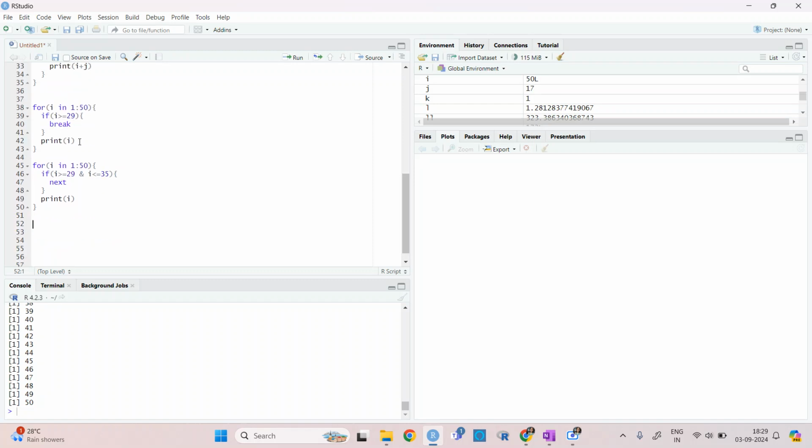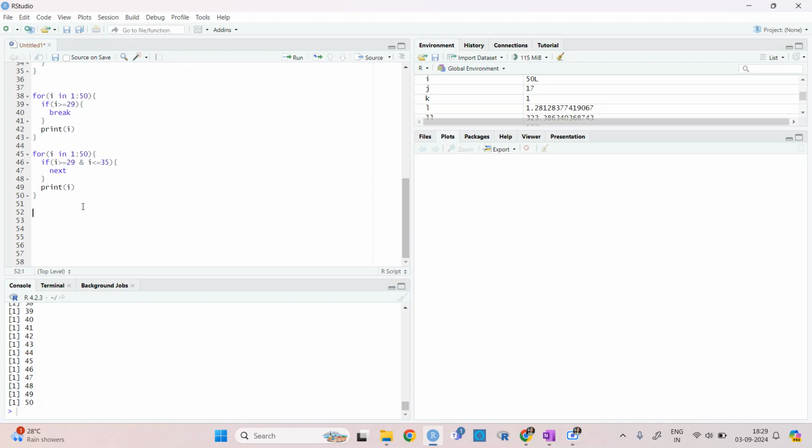Because if you do break, then you need to give this command here, so you can check according to the necessity of your work whether to use break or next. This can be used in thousands of ways which I may not know, but there were one or two which I can say. So that was basically the for loop.